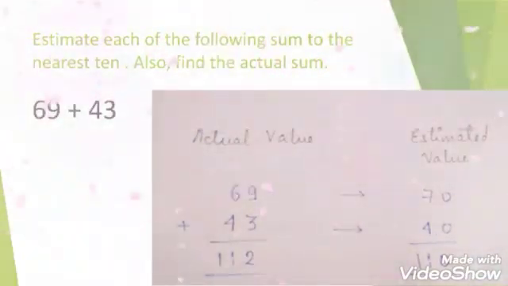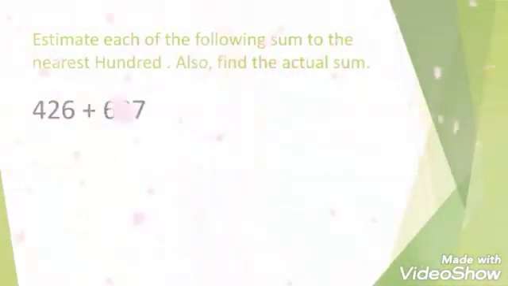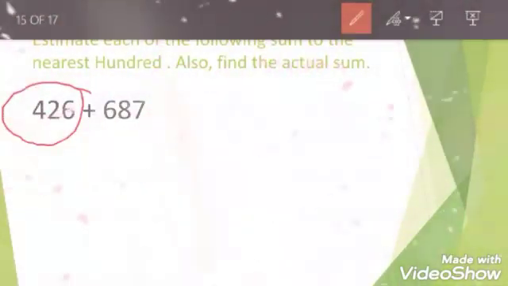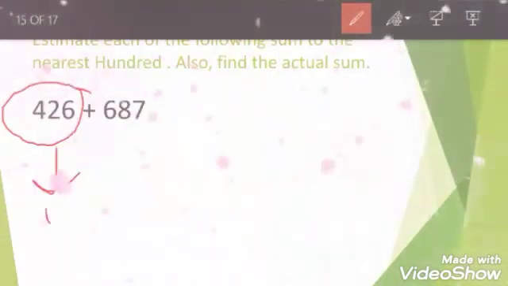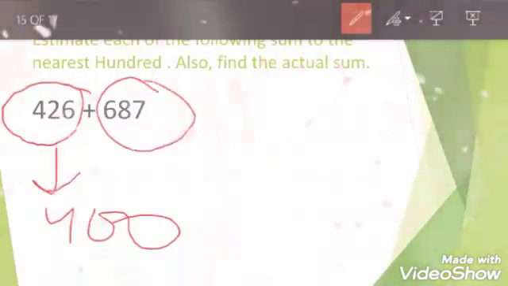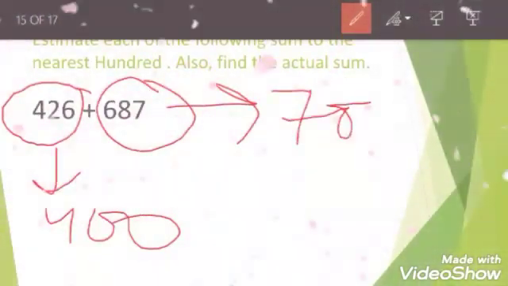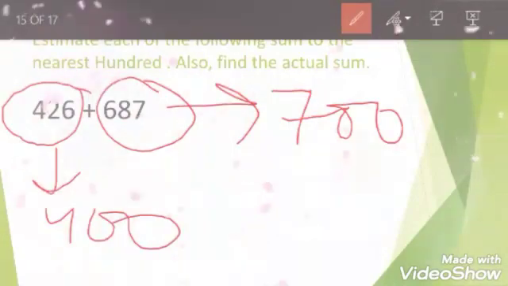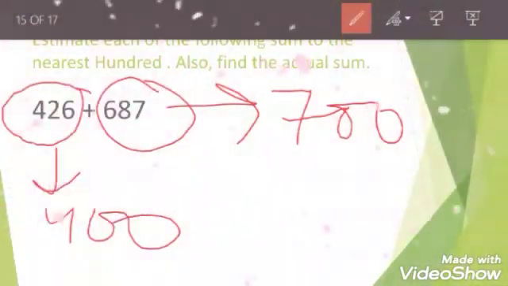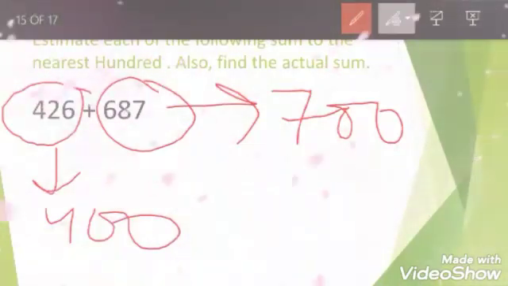Question number 2. Estimate each of the following sums to the nearest 100. Also find the actual sum. The nearest 100 for 426 will be 400. And the nearest 100 for 687 will be 700. So 400 and 700 are the estimated values of 426 and 687 respectively.